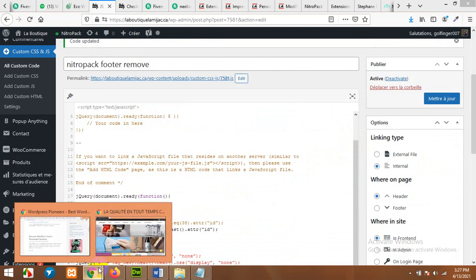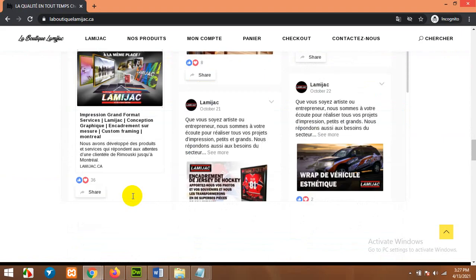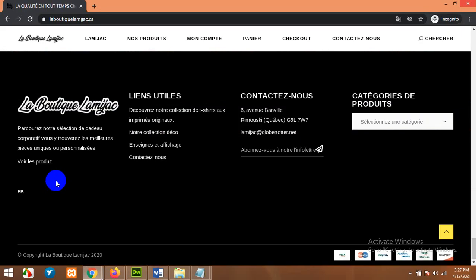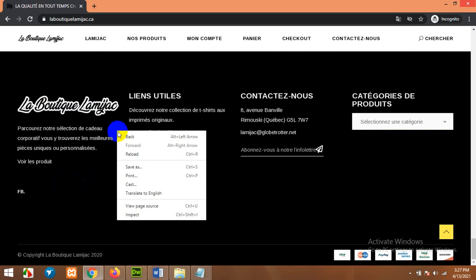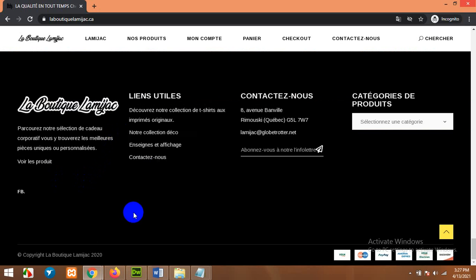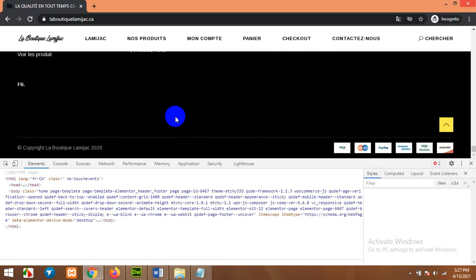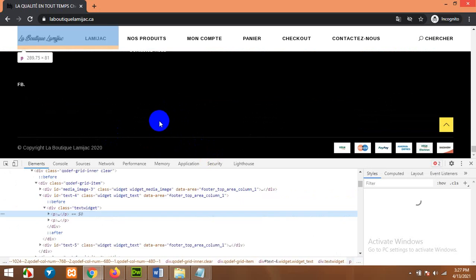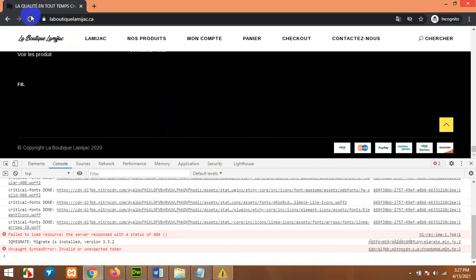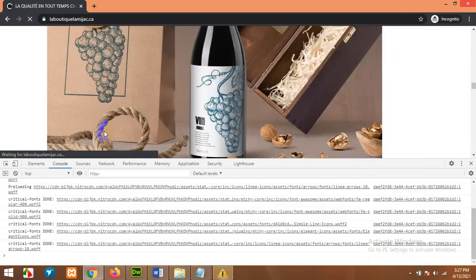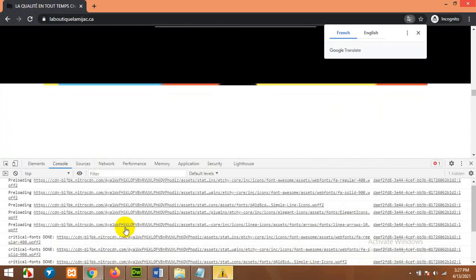Now we will come to our front end, and click on inspect element to see if the code is working, or if it gives an error that jQuery is not defined, then we will change it to $. Click on console and refresh the page.